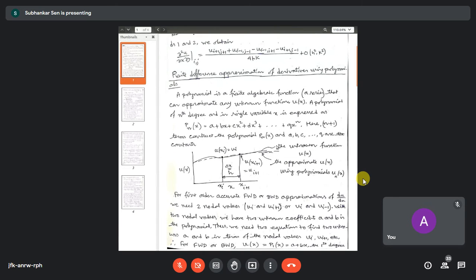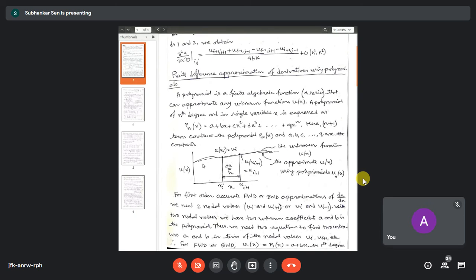In this picture, we are showing an unknown function by the solid line. Suppose this u is temperature. In this one-dimensional domain, maybe it is changing in this manner. We don't know how it is really changing, so we can assume that it is changing by some polynomial expression. Maybe it is changing as a plus bx, or as a plus bx plus cx square, or maybe even in a cubic form.